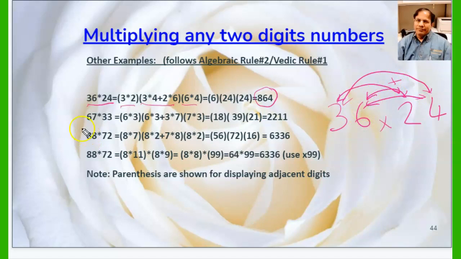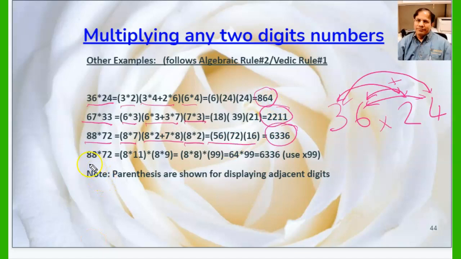Similarly, we can write 67 times 33 is 6 times 3, then 6 times 3 plus 3 times 7, and then the last digit, vertical digit, is 7 times 3. So we end up with the answer 2211. Similarly, we can do 88 times 72. The left digit is 8 times 7. The cross multiplication is 8 times 2 plus 7 times 8. And then the vertical digit is 8 times 2. Then if we write the carry over, we end up with the result